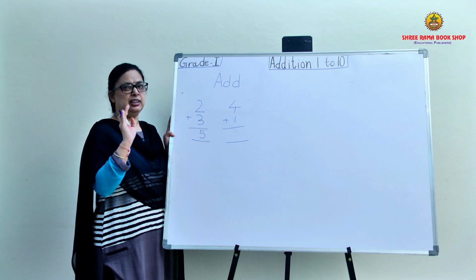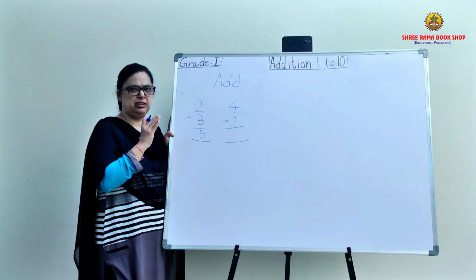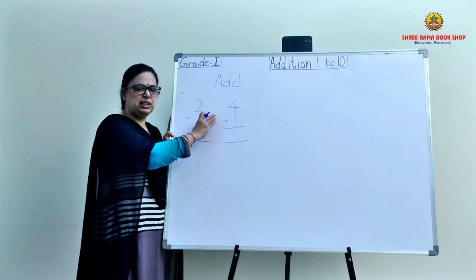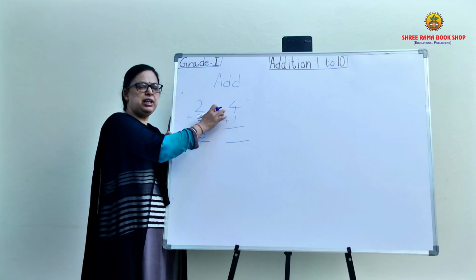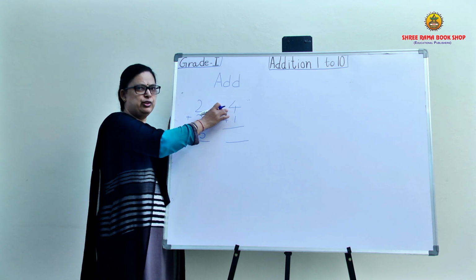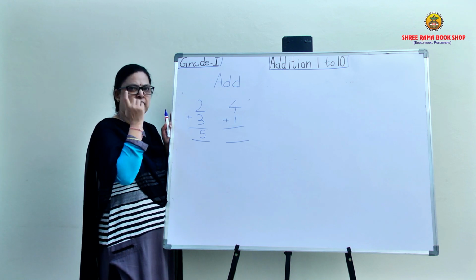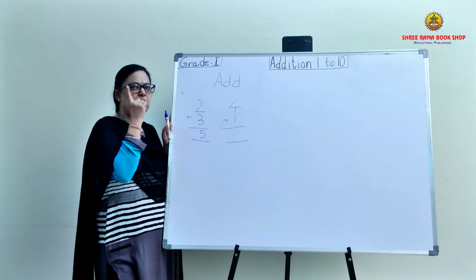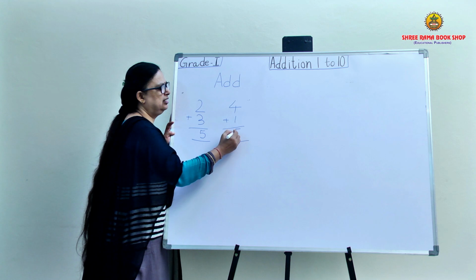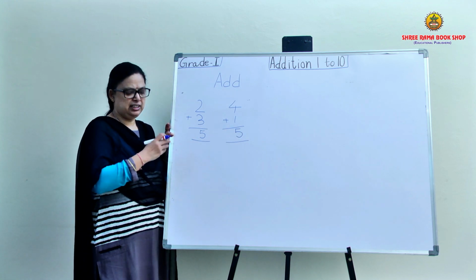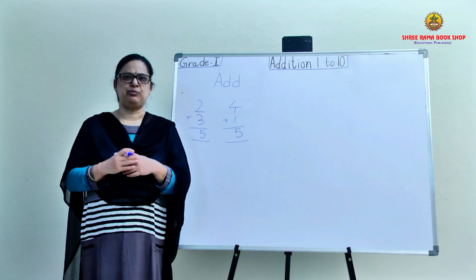We have already learnt addition facts. What is the fact that we learnt? When we add 1 to any number, whatever that number is, the answer or the result will be what? It will be the next number. So which number are we adding this 1 to? We are adding to 4. So 4 plus 1, that means 5, right? If you want to really add and check, 4 in your mind, 1 on your finger. After 4, 5. Got it, children? Now there is a page with some simple additions for you all. I request every one of you to do those sums.